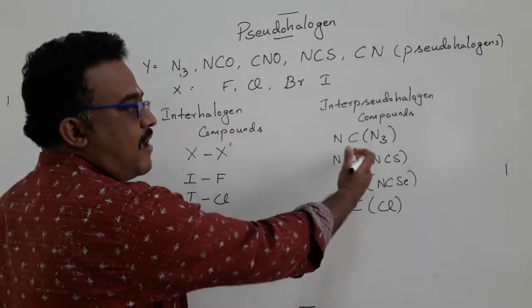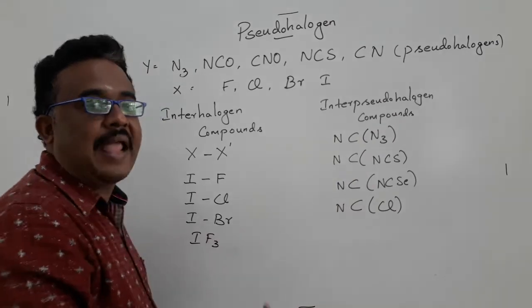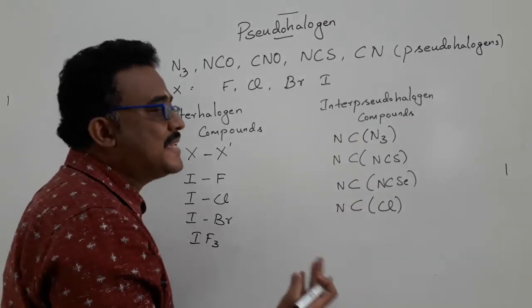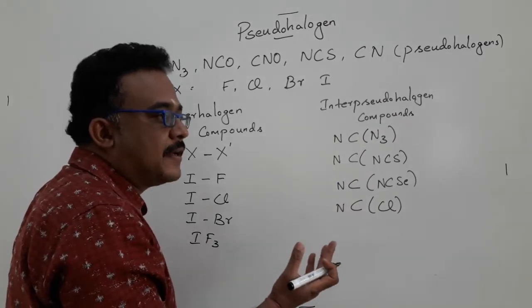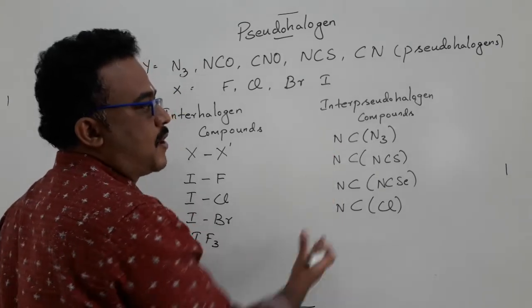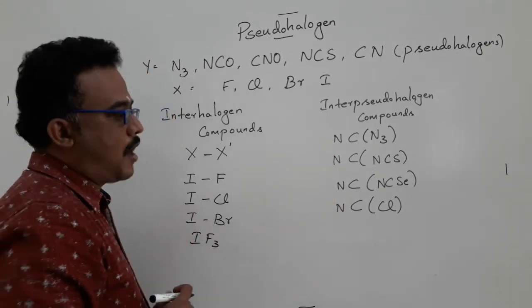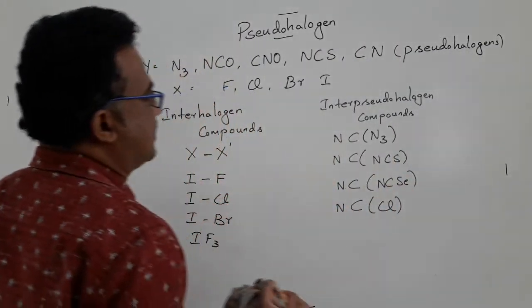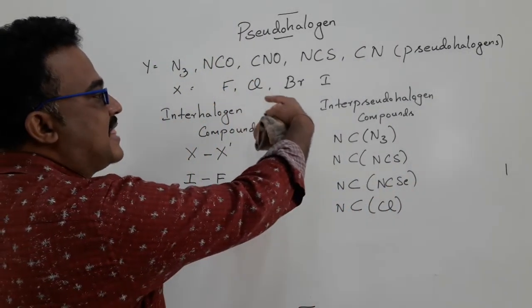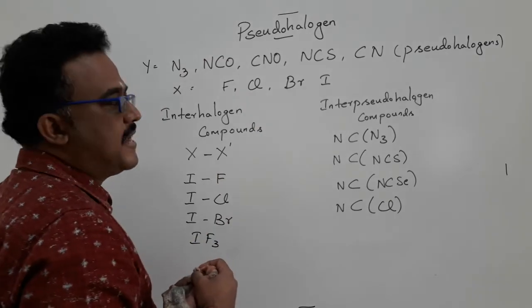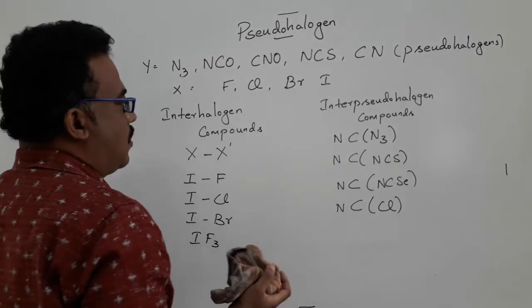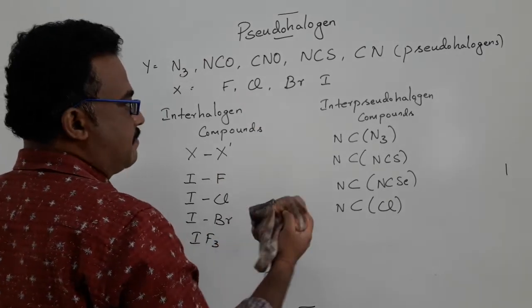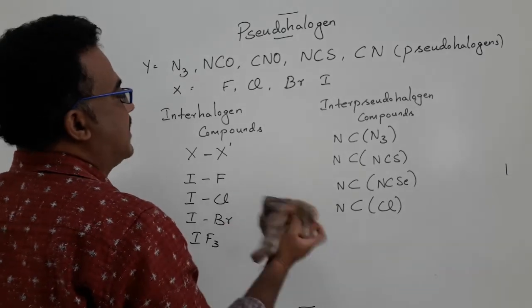Just as so many interhalogen compounds are known, in the same way pseudo-halogens also have the ability to form a variety of inter-pseudo-halogen compounds. It is another example which supports that the behavior of halogens and inorganic ambidentate ligands is almost matched. The behavior is almost close to each other.